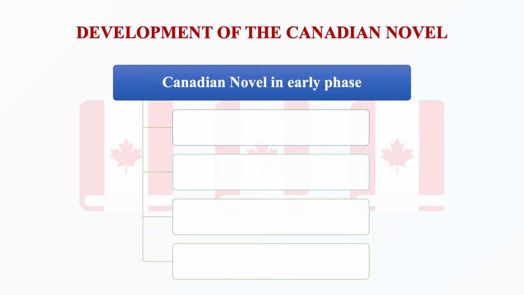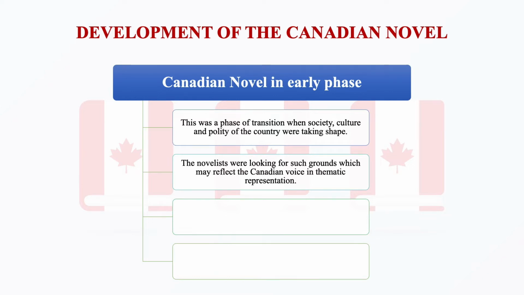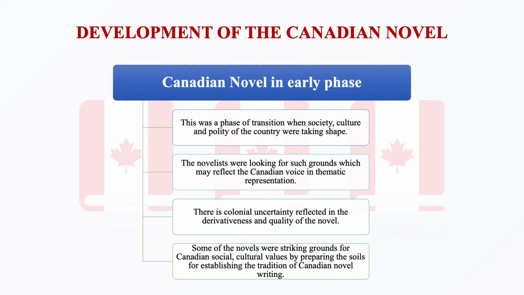The Canadian novel in this phase was going through a phase of transition, when society, culture and polity of the country were taking shape. The novelists were looking for such grounds which may reflect the Canadian voice in thematic representation. There is colonial uncertainty reflected in the derivativeness and the quality of the novel. Some of these novels were striking grounds for Canadian social, cultural values by preparing the soil for establishing the tradition